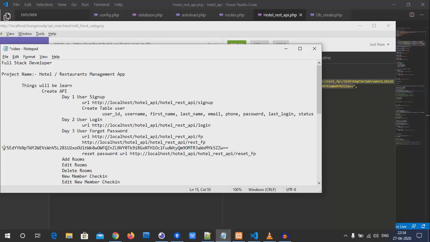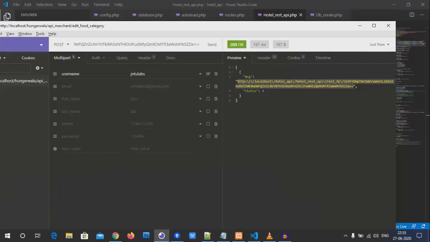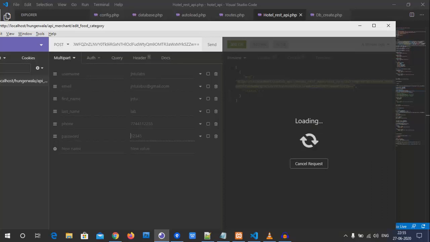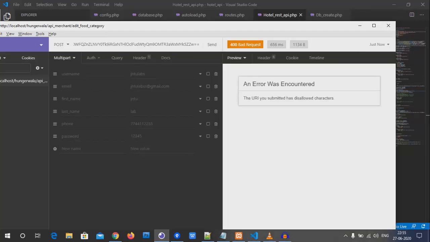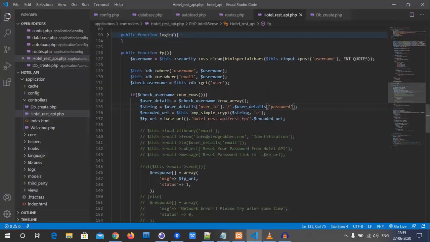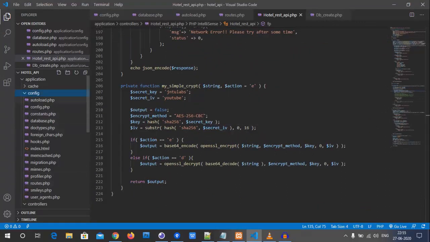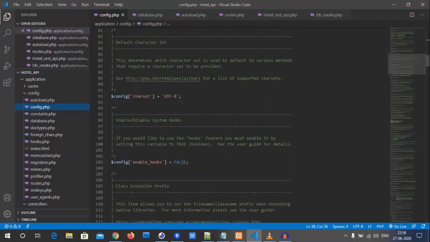Let me check whether my URL changes every time or not, because we want secrecy and private security. Here I am changing the name and enabling the user. Here we got this beautiful password reset pin. Now what I'll do, I'll reset it. So this is what the reset URL password is all about. Let us copy this and set the password for user ID 5. If it happens, then well and good.